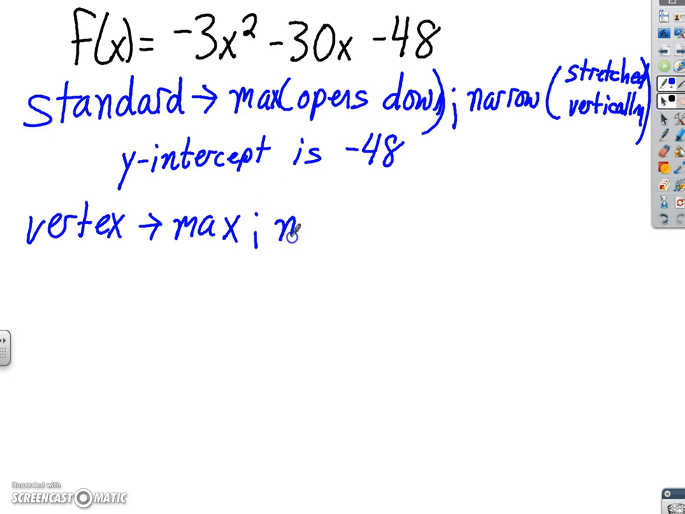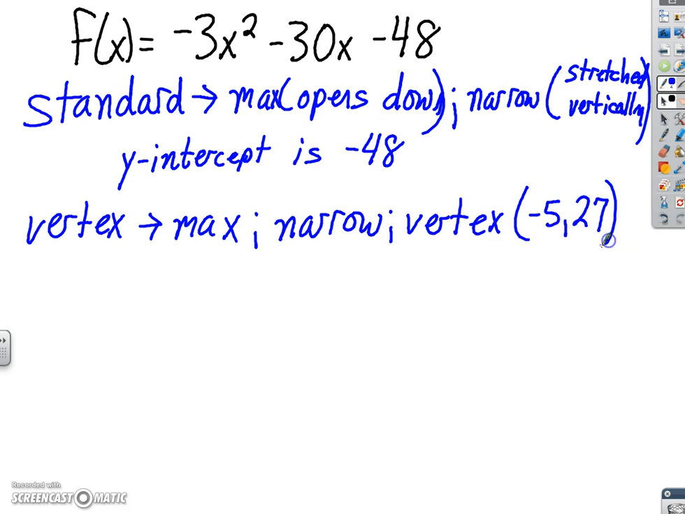It's still going to be narrow. It hasn't changed anything. Our a is still negative 3, but now we've got that. We know that the vertex is at the point negative 5, 27. So writing this in vertex form, it's going to be f of x equals our a, which is negative 3,